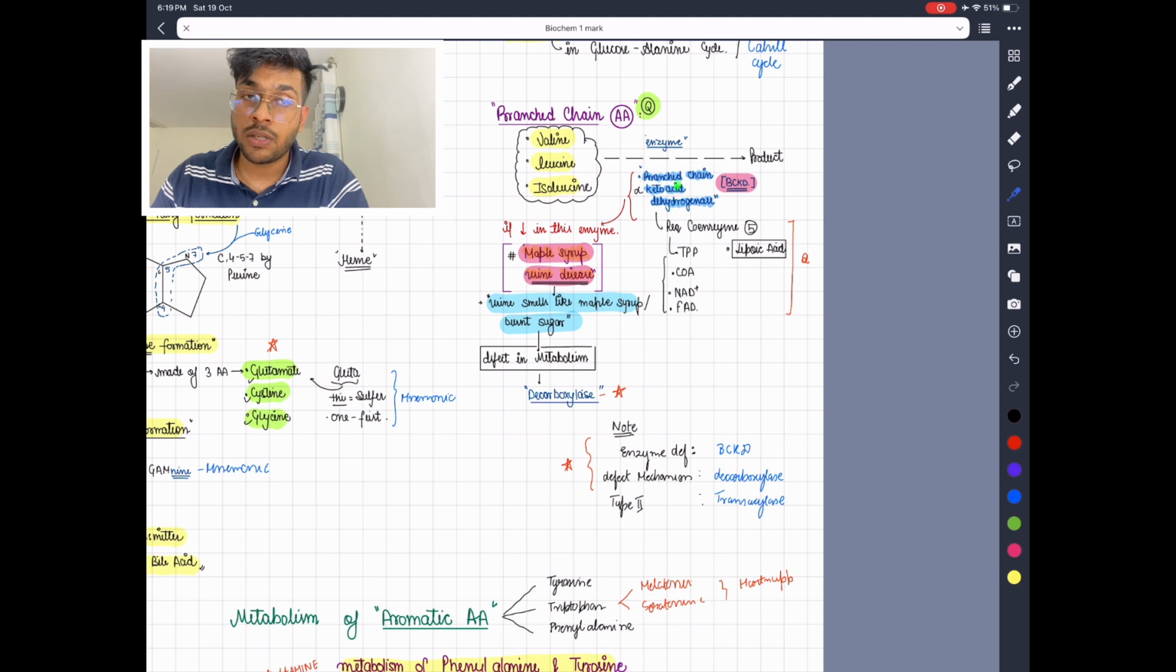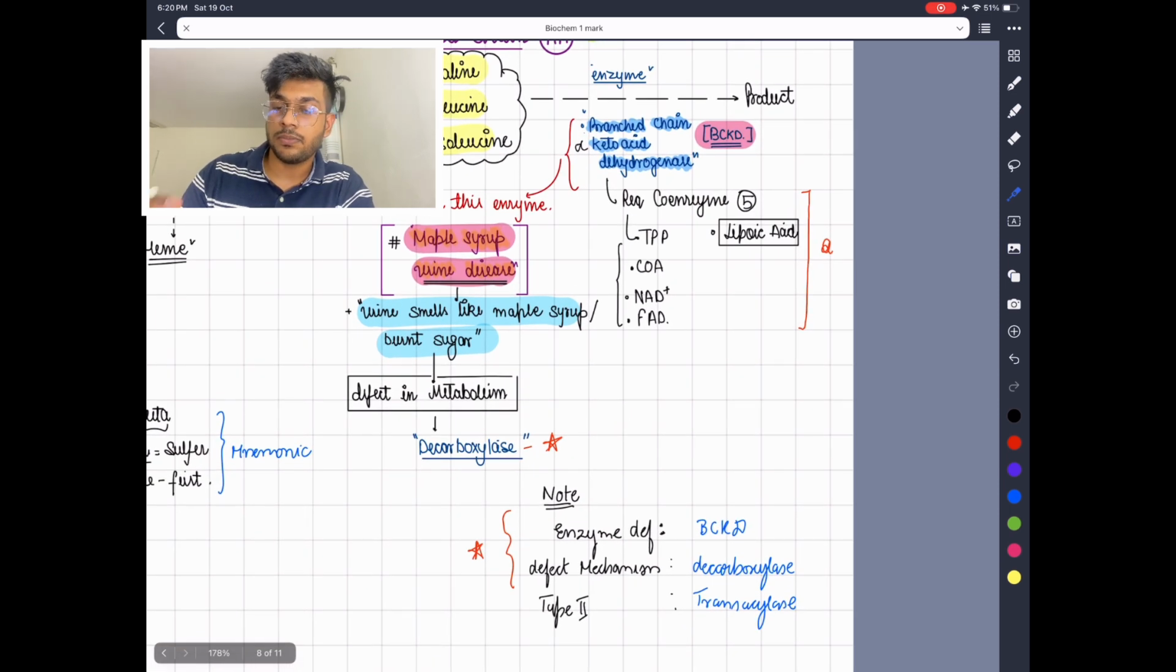So learn the full form, because in the exam you won't be given short forms for almost anything. So it will be branch chain keto acid dehydrogenase. So what happens if this particular enzyme is deficient? It results in a disease,